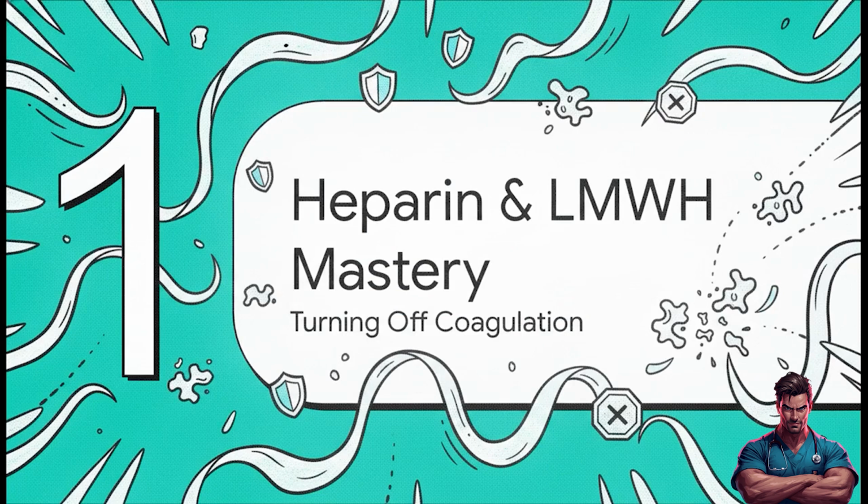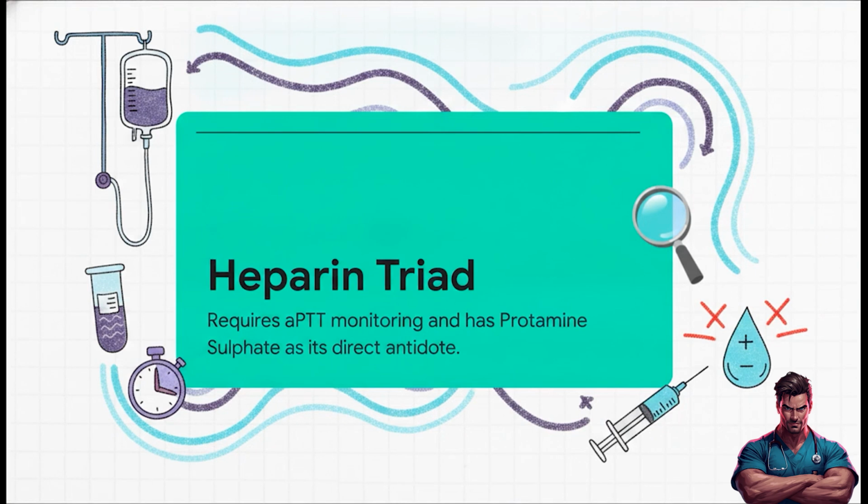All right, section 1, heparin and LMWH mastery, turning off the coagulation cascade. So the absolute crucial point here is this non-negotiable NCLEX triad. Seriously, memorize this. If your patient is on an IV heparin drip, you are religiously checking their APTT, which is the activated partial thromboplastin time. You really want that value to be right around 1.5 to 2.5 times the normal control value. And if things go south and the patient bleeds too much, you absolutely must have the antidote ready to go,